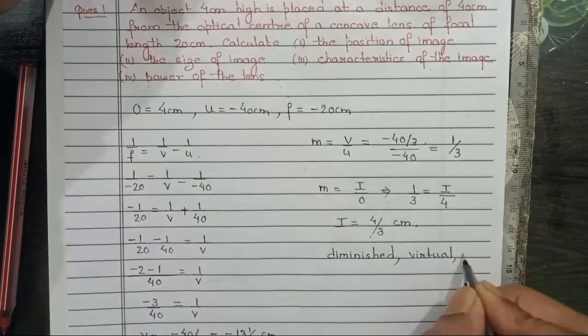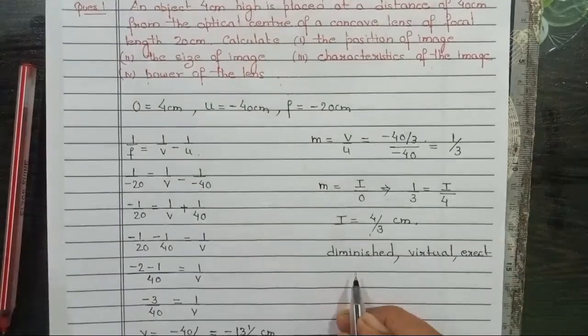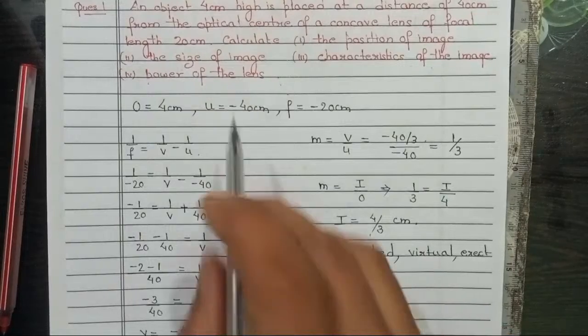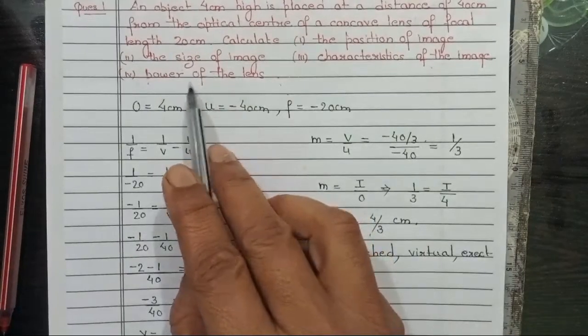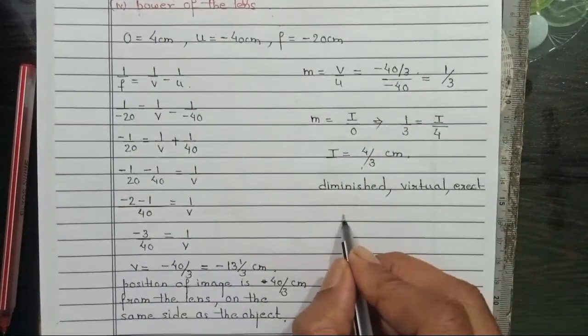Virtual image is always erect. So we have got a diminished image, it's a virtual image as well as an erect image. Now moving to the fourth part, they've asked you to find the power of the lens. Now to find the power of the lens,